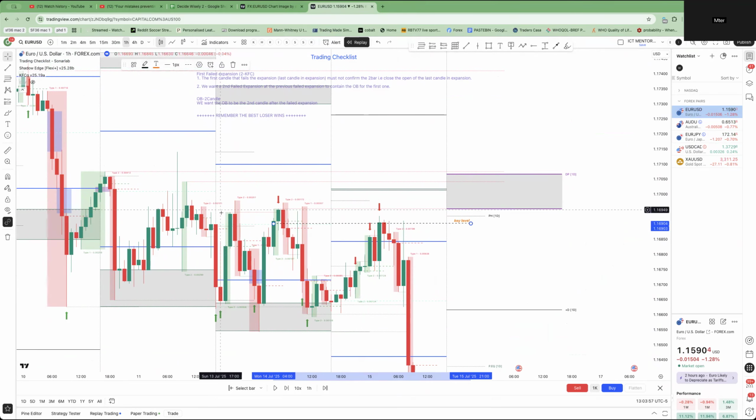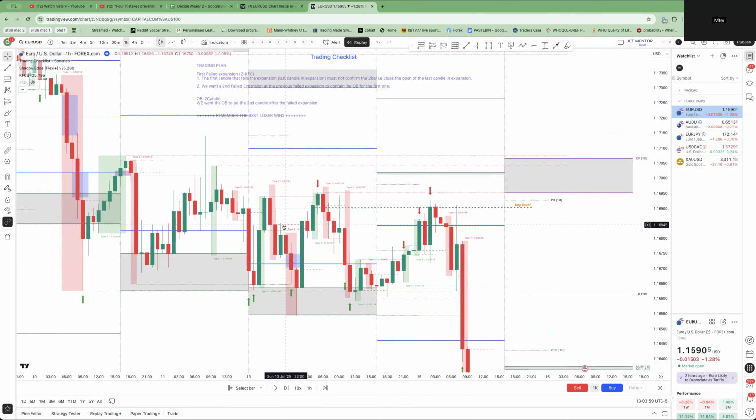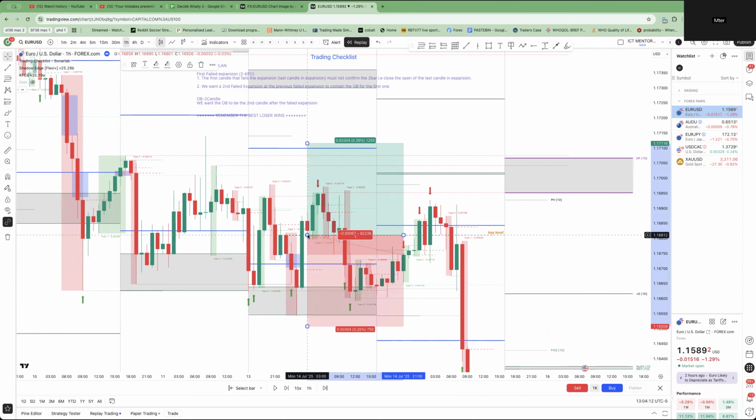Okay, so we add this. OB CST. Where is the key level? The key level would be the open of this. So I would be in this there. Once this happens, now I'm confused because if I saw this on my own feed, then I would be interested in close, but